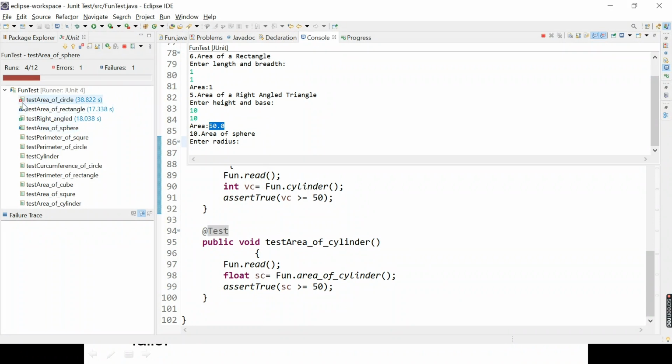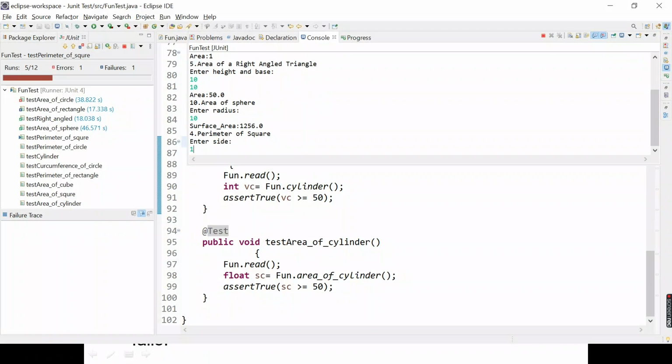If you see a red cross, that means error. A blue cross means failure, and a green tick mark means this test case is passed, right? So I have written one test case pass, one test case failure, one test case with error. That means these are the test cases that we are doing. Suppose again we go for all true.